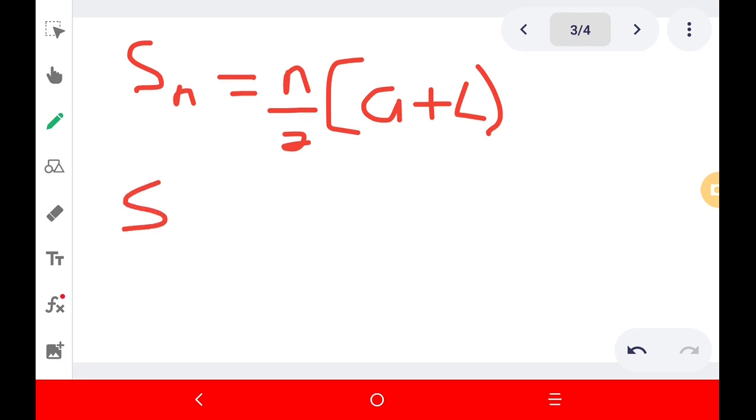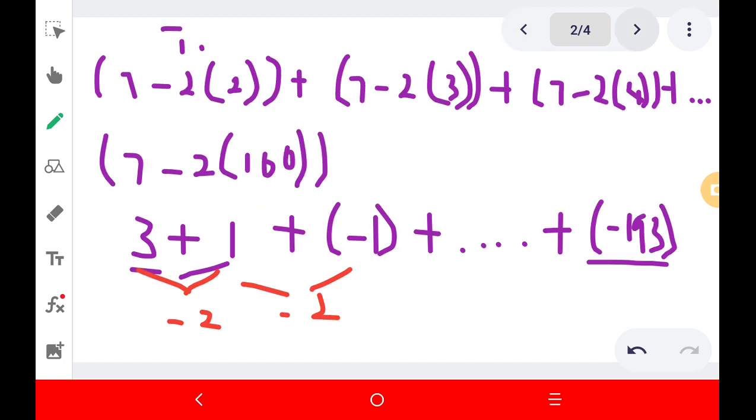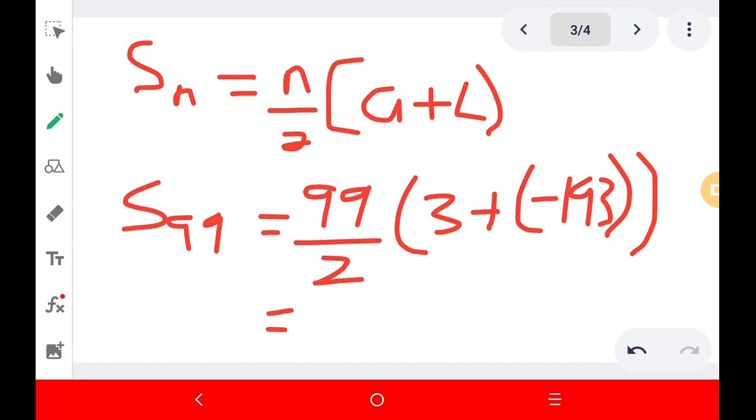So we are looking for S99, which is given by 99 all over 2, and then we have our first term as 3, plus minus 193. And then we get as our answer minus